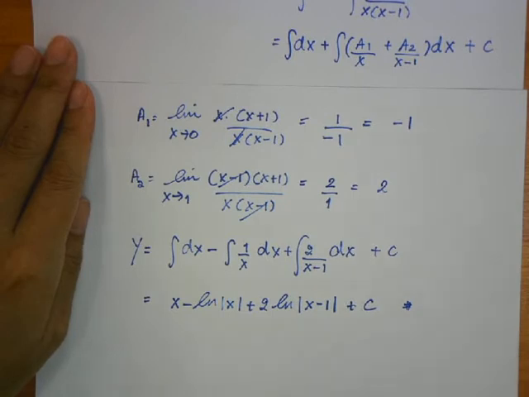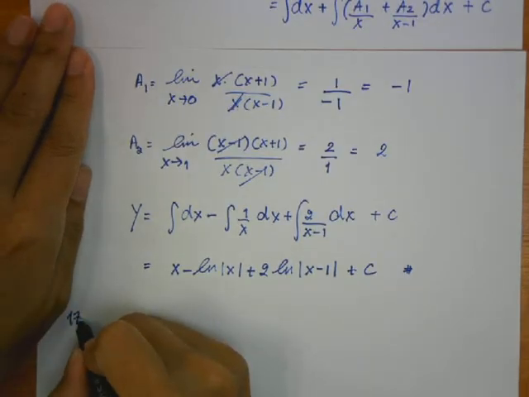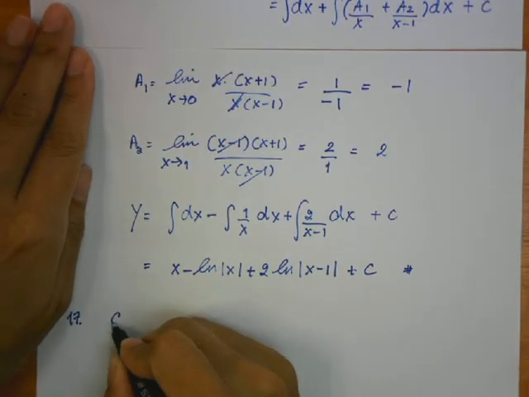So what if the power of x on the top is a lot greater than the one down here in the denominator? You have to keep dividing until the power of x is less than the one in the denominator. Then you can do partial fraction. What if we have dy/dx